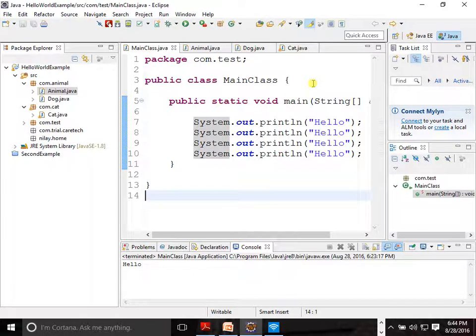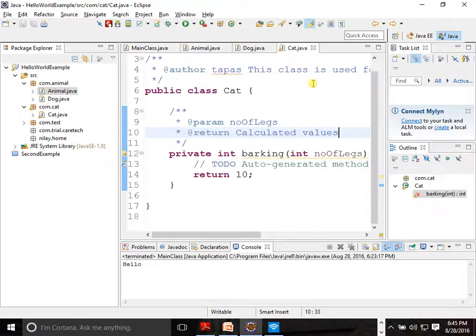Up, down, left, right on your keyboard. You can use left arrow to go to the previous one. If you want to go to the next, then Alt right arrow. See, it keeps going wherever I have made some changes in my code.